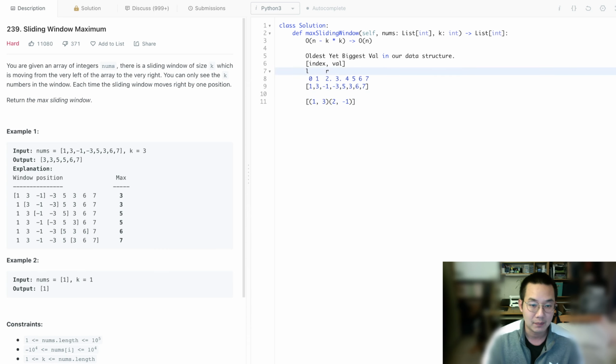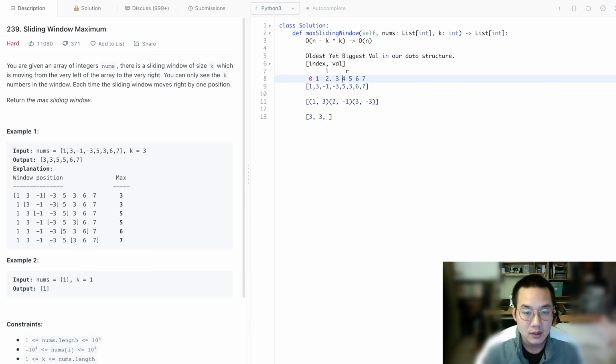And once we hit this particular point, we can start generating our results. So first thing is 3, we got. Then we move the left, we're moving the left now as well as moving the right. And we see a -3. Fine, we put that in. Great. As you can see, we can now put the second item in, 3. Now, as we move the left and right corner forward, we notice that the next item is going to be, was it 5, I believe? It's a 5. So we put the 5 in, and what happens when we put in the 5 is that